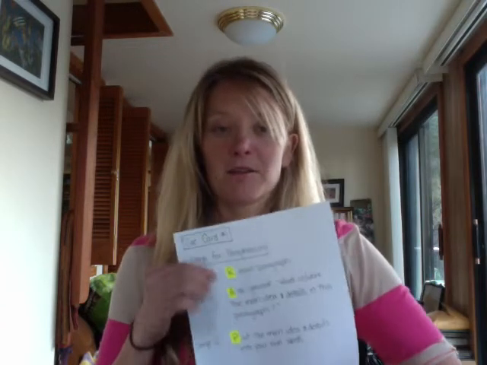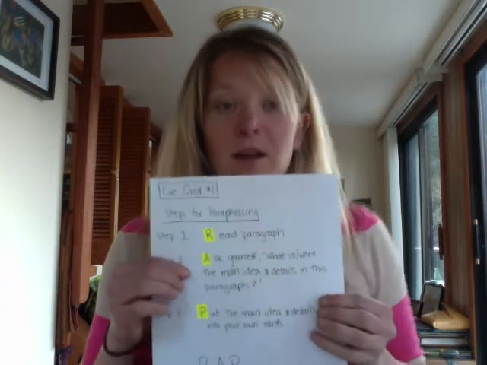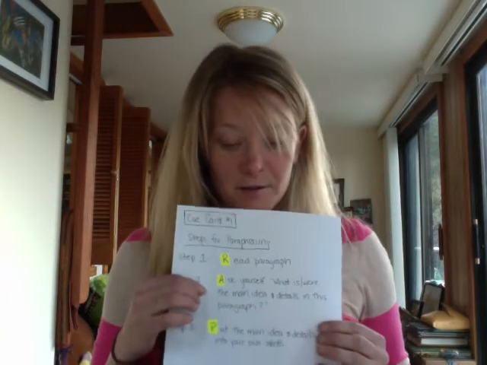So I did step 1, which was read the paragraph. So now we're on step 2, ask what the main ideas and the details are in the paragraph. So like I said, we can look to the first sentence, which says, much of the cell is devoted to making proteins. So I'm going to say that that's the main idea for this paragraph. And then it goes on to talk about the different kinds of proteins and what they do. So I'm going to pick up my recorder and say, in this paragraph, this paragraph is about making proteins.